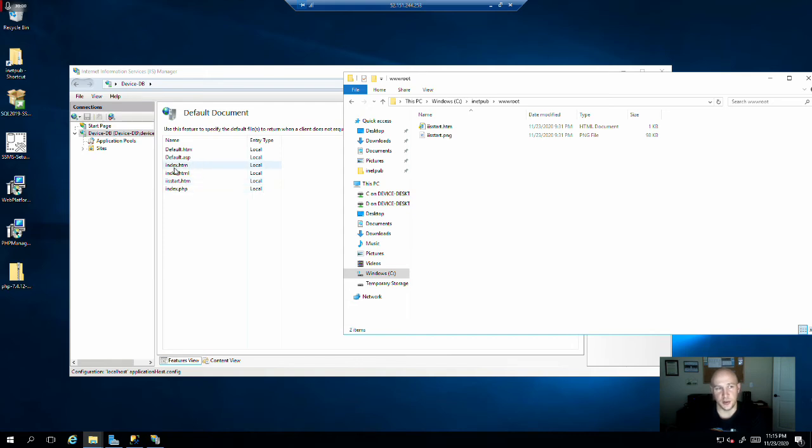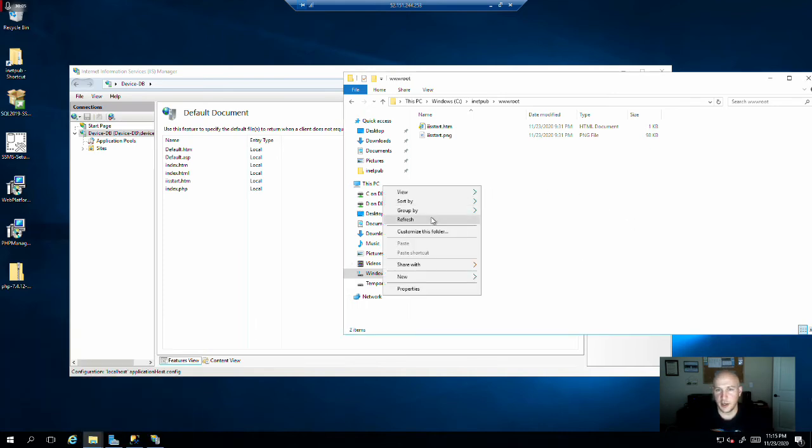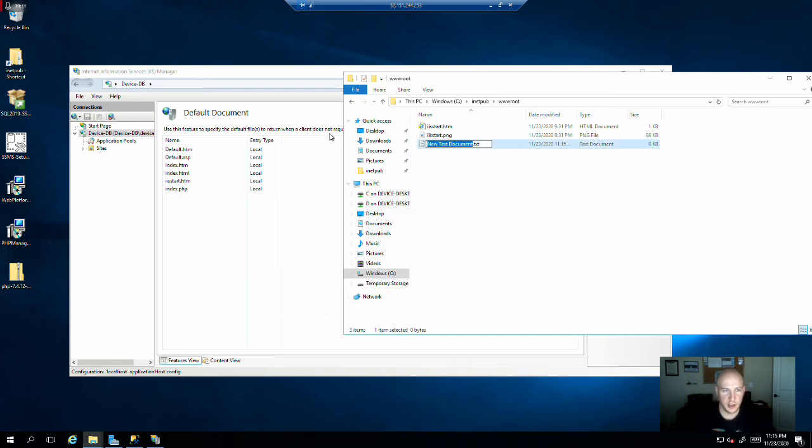So let's just go ahead and create a new text document here. That's going to open up Notepad, and we're going to name it index.htm. It's higher up in the list, and so if IIS sees this file first, it's going to display that information first. You remember the first time we verified that IIS was installed properly, it opened up that nice blue web page with a link in there that we could go learn how to build a web page. We're going to create a new one, just basic